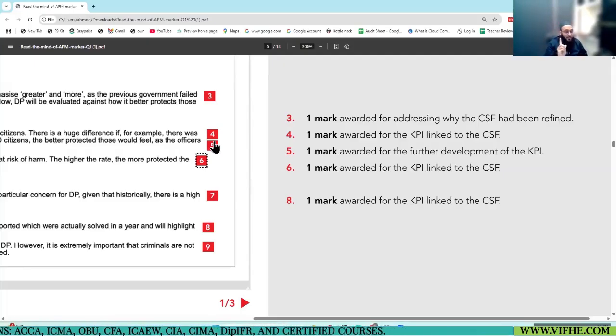He is not getting marks for just mentioning the KPI. Listen, in the first place you have to justify it to get 1 mark, a basic explanation. But if you add further to it, if you develop another point for such an explanation, you get another mark for that. Is that clear to all of you?